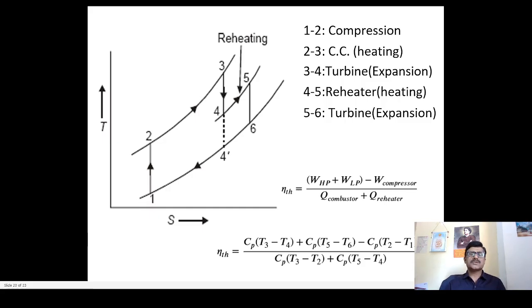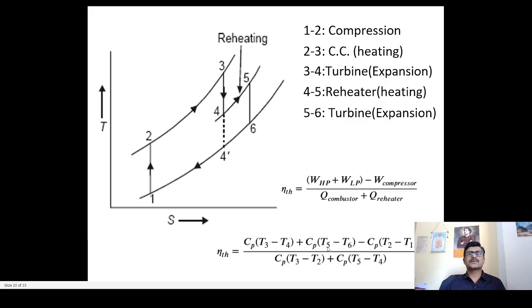If we write down this equation for the thermal efficiency in terms of the temperatures at different salient points, we get Cp into T3 minus T4. Cp is the specific heat. T3 is the temperature of the gases at the inlet of the high pressure turbine, and T4 is the temperature of the gases leaving the high pressure turbine. This is the work obtained from the high pressure turbine, Cp into T3 minus T4. Then we add Cp into T5 minus T6, which is the work obtained from the